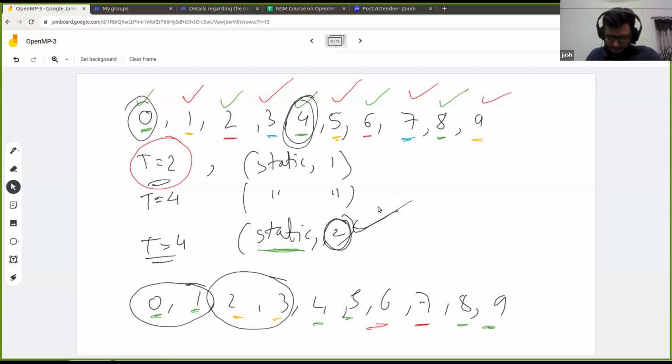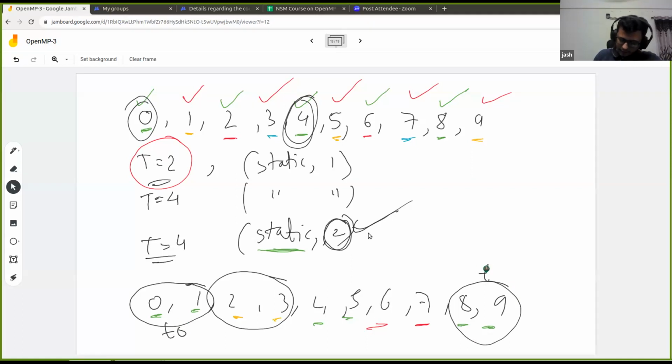If you can observe here, there is one thing you should observe. Even after making this assignment in round robin manner, what might end up happening is that one thread might still be overloaded. In this case, this is assigned to thread 0, and again this is assigned to thread 0.